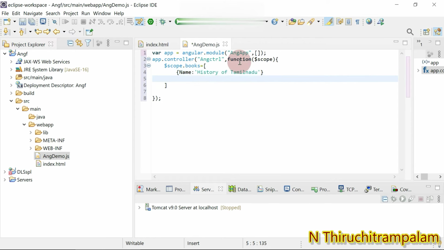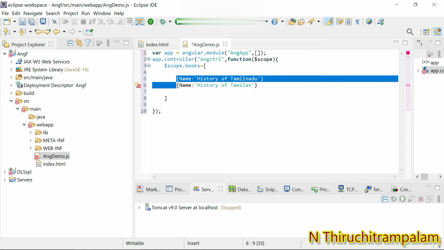And one more key value pair: I give name as the key, and the value is History of Tamilan, okay.